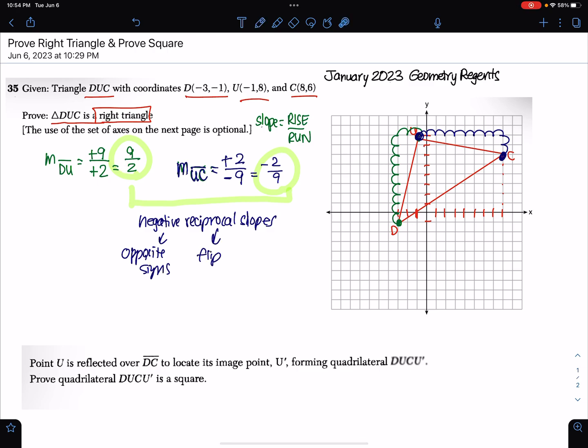So this one's positive, this one's negative, and these fractions are flips of each other. So they're negative reciprocal slopes. So what have we proved? We just proved that since line segment DU and line segment UC have negative reciprocal slopes or opposite sign flip slopes,